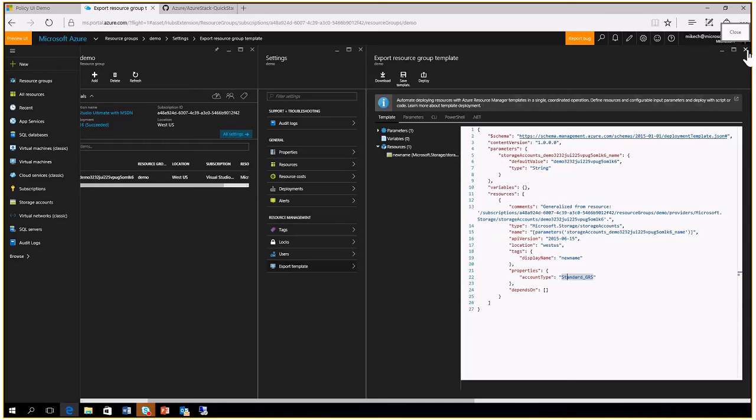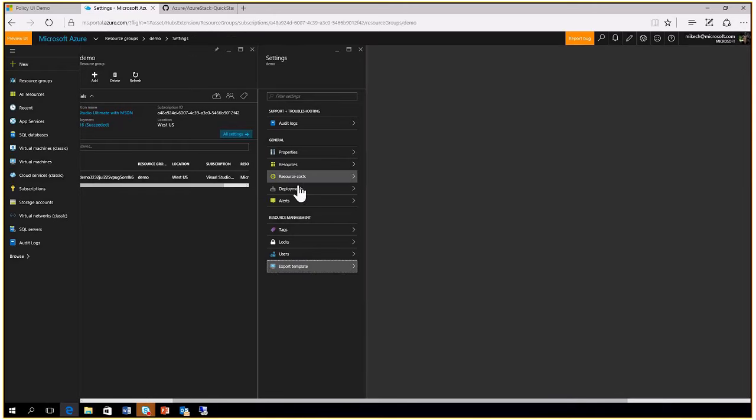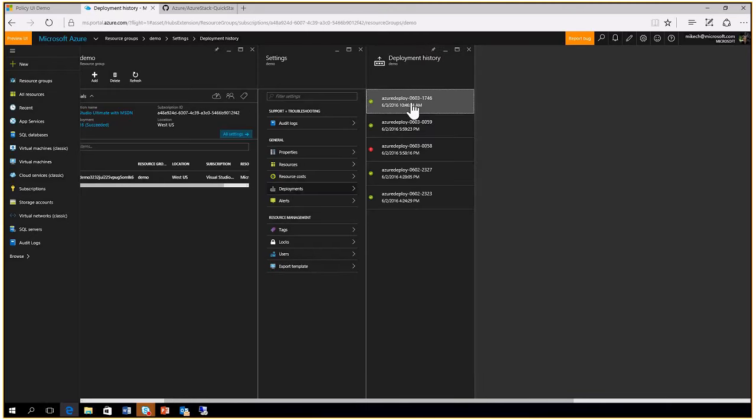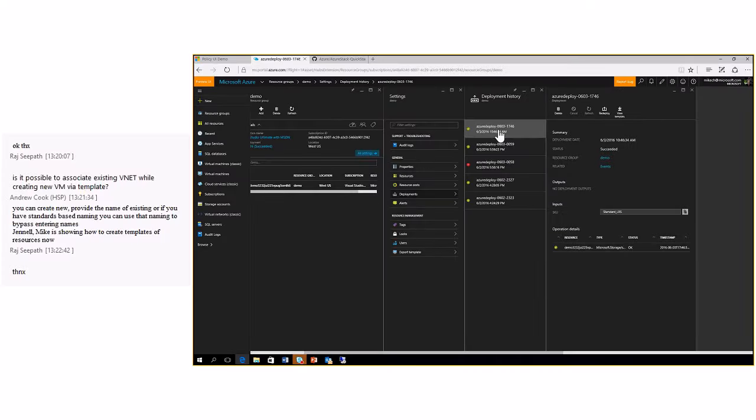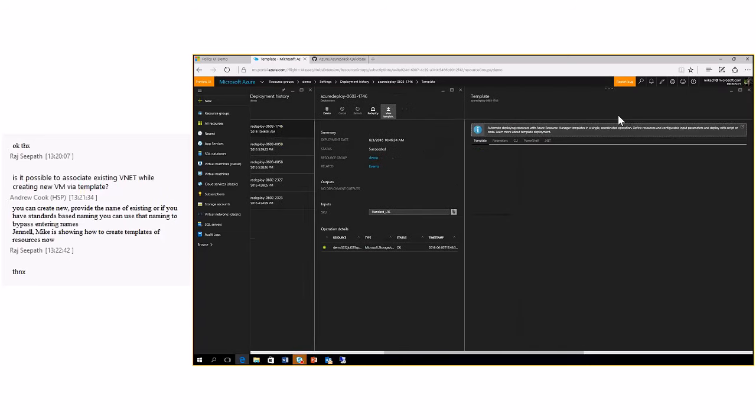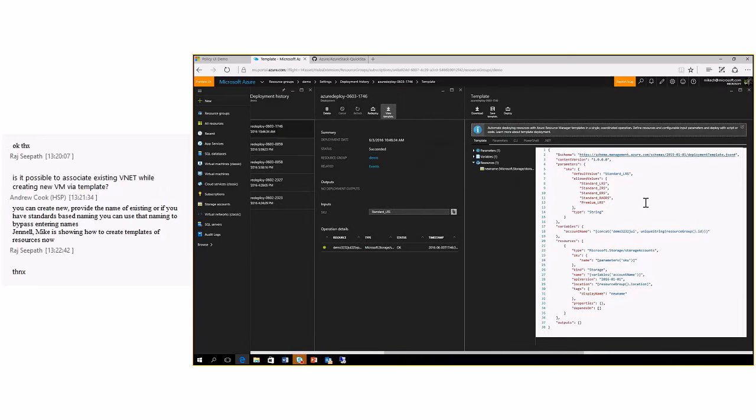The other thing we can do is look at the exact template we submitted for deployment. For example, here we just submitted to convert this from LRS to a GRS. So this is the template we used for that deployment. You can see this is identical to the template we submitted. And then if we go to the